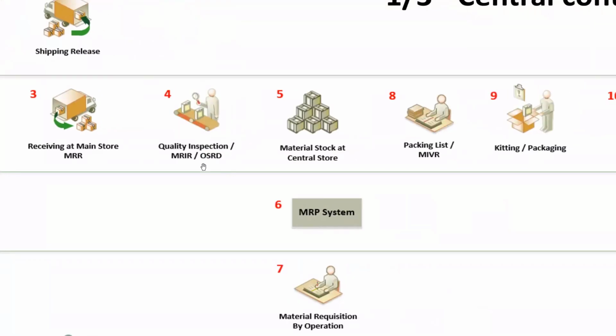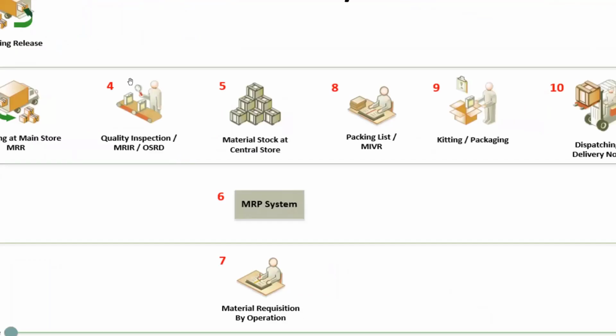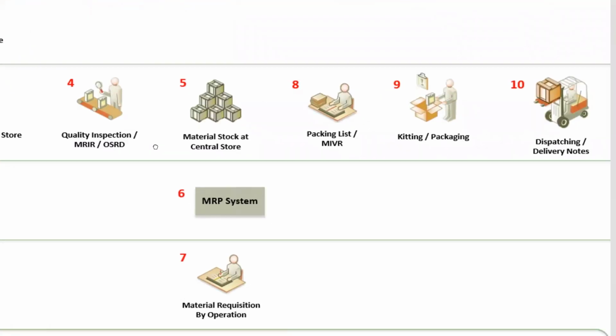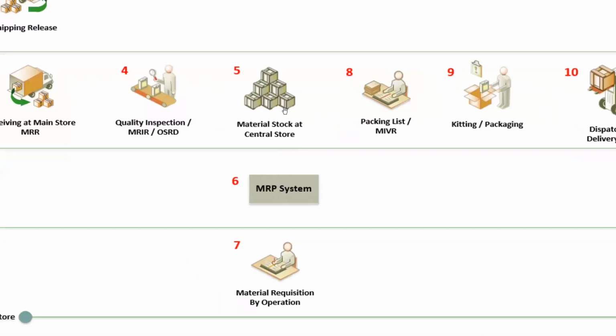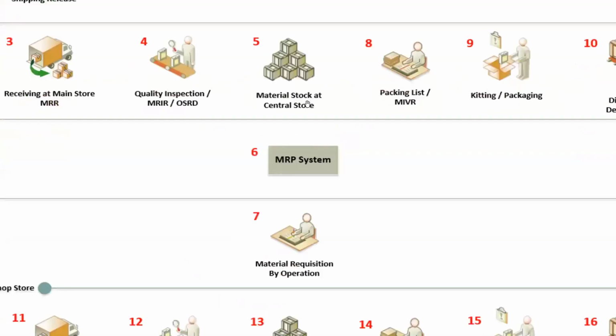During the inspection, there are chances that the inspector may find the material is over received or short received, or some of the material itself is rejected because it's not meeting the technical specification. And there are chances some material might be damaged. So an OSRD register will be maintained over here. By neglecting the OSRD, whatever quantities are left with us are purely the material stock at the central store. And now we have the balance stock register in the form of this material stock.